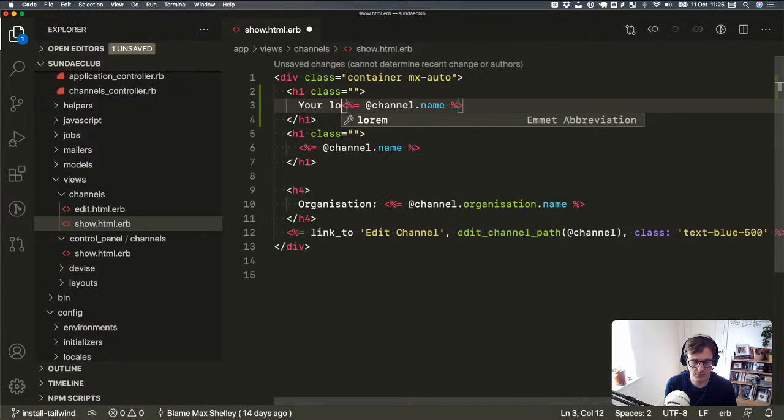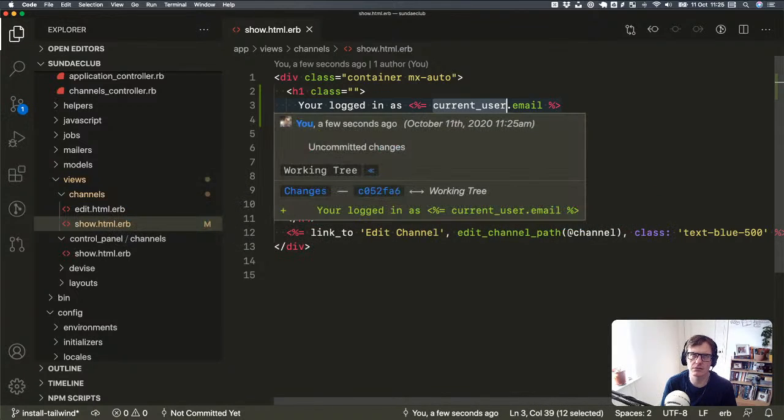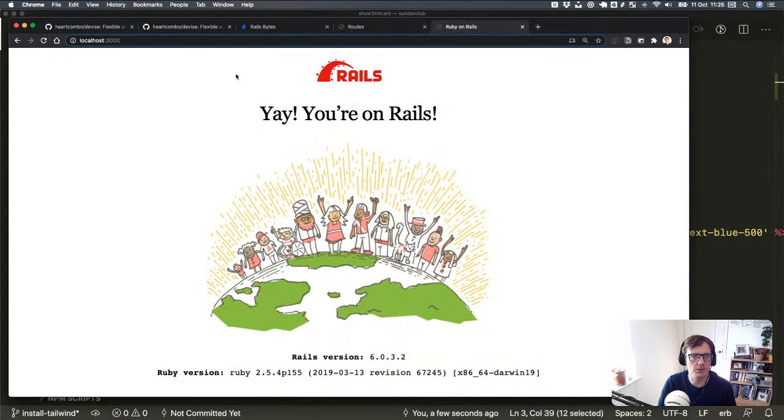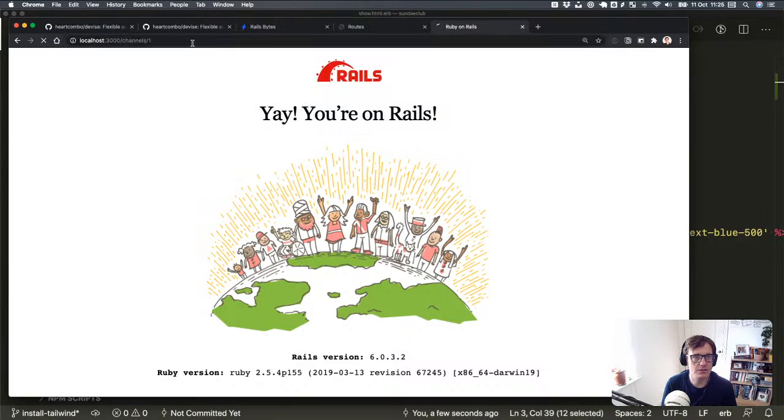Just going to say you're logged in as, and then earlier on we referred to these magic methods that you get given by Devise. So current_user is one of them, and again it's user because that's the model name that we've given it. And then if we go to channels 1,